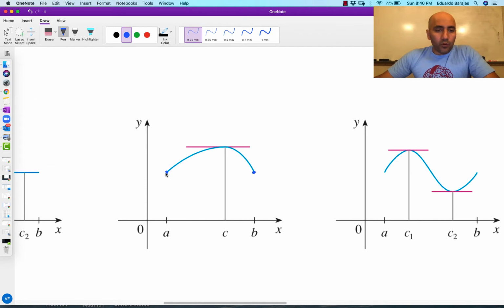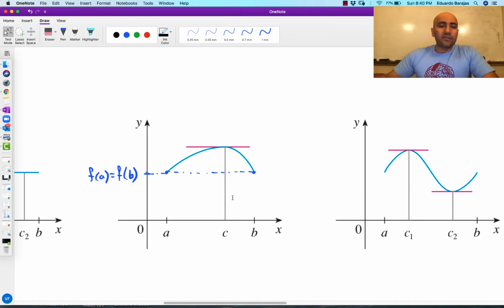And for Rolle's theorem, we're also considering that the endpoints are equal to each other. Notice that this height right here, whatever it is, is equal to f of a, but it's also equal to f of b. So all of these are equal to each other. They're all at the same height. Good. So Rolle's theorem is saying that as long as these three conditions are satisfied,